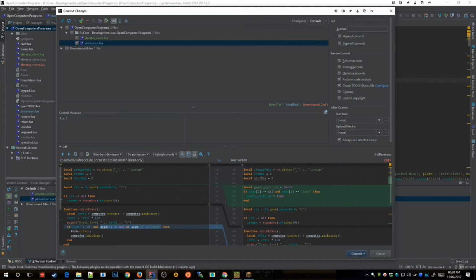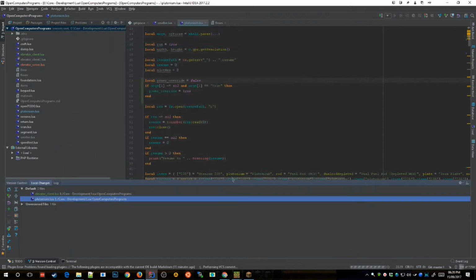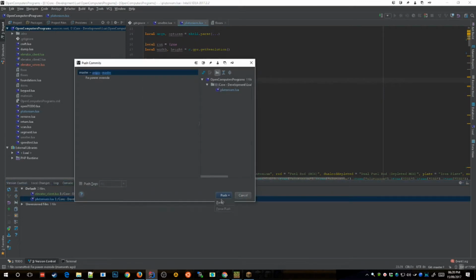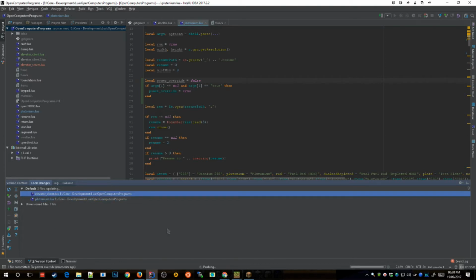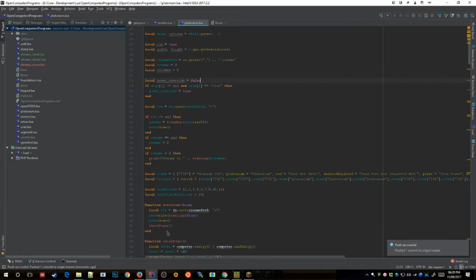So, fix power override. And then I'm going to commit and push this to the repository. It's still pushing. Okay. There we go. Okay, so now